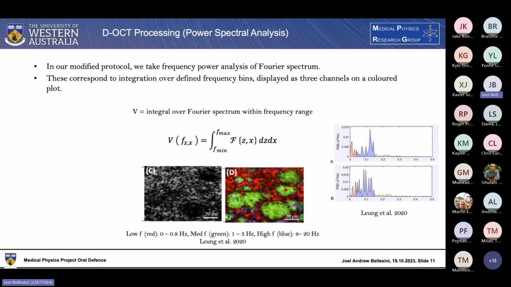So what the Long paper did was what's called a power spectral analysis, where they took the spectrum and integrated it over defined frequency bins to get a metric of low, medium, and high frequency motion, displayed on 3 channels on a colored plot. So this is a method that we're definitely going to be validating,